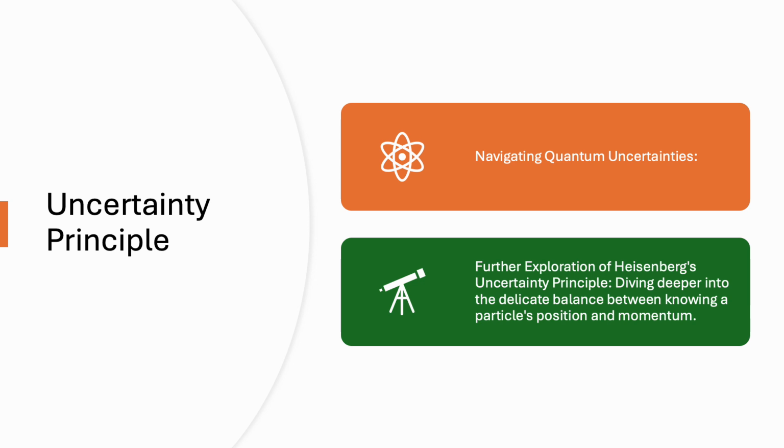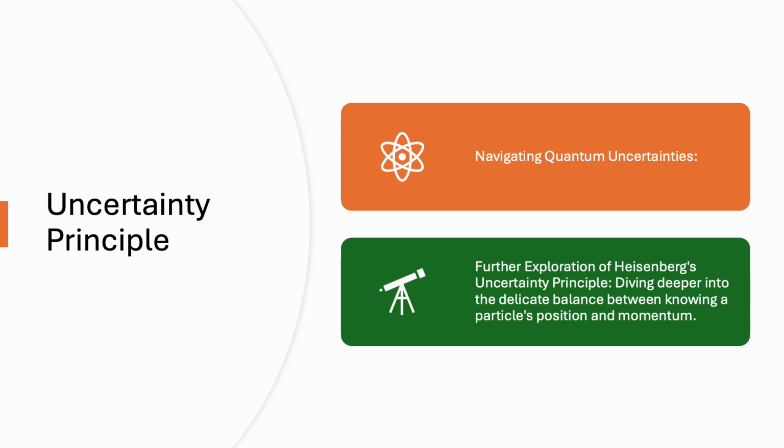Coming to our exploration of the quantum world takes us deeper into the mysteries of Heisenberg's uncertainty principle, a cornerstone of quantum mechanics that unravels the inherent limits of our knowledge. It's a fundamental truth shaping the fabric of the quantum universe. The principle boldly states that the more precisely we know the position of a particle, the less precisely we can know its momentum, and vice versa. And here's the kicker: it's not a flaw in our measurement tools, it's an essential property of the quantum world.